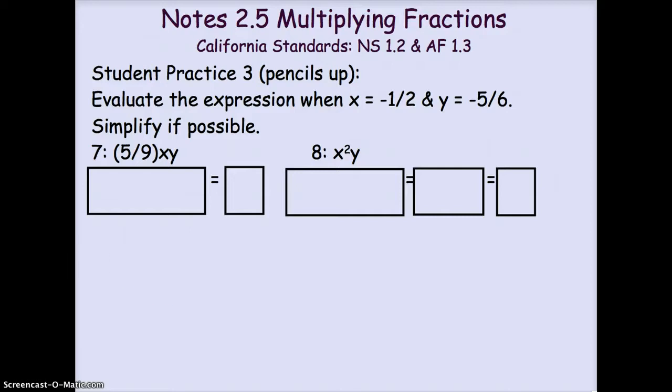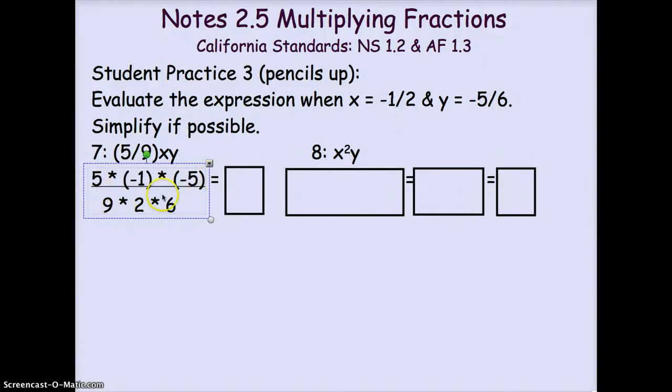Okay, welcome back. Hopefully you have the 5 in the numerator. The numerator for the x is negative 1 and the y is negative 5. In the denominator you should have 9, 2, and 6. Notice there's nothing to cross-cancel. I do have two negatives, so I know those negatives are going to cancel out, become 25. My numerators, again, since there was nothing to cross-cancel, I simply multiply across, and I end up with 25 over